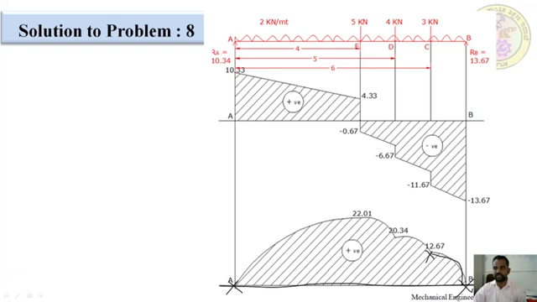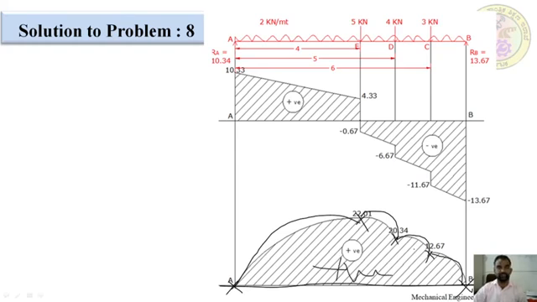that UDL. After that at D point we got 20.34. Mark it and join with the parabolic curve. How much at E point? We got 22 point. We have to draw with parabolic curve. And between A point and 22 point we have to draw with D point. E point we have to draw with parabolic curve. This is the positive bending moment diagram. This completes the problem number 8.